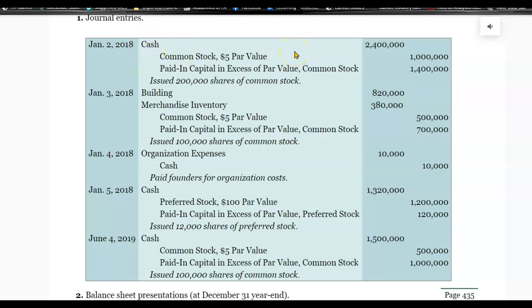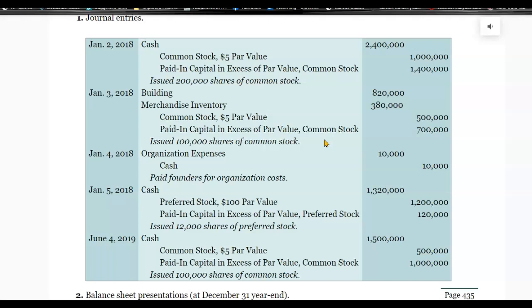Now the second transaction, again, involved common stock, but this time instead of receiving cash, we received some assets, other assets besides cash. So in here, we're going to debit the building. We have a building account in our capital assets, and so we record the building at its fair value of $820,000. Then we record the merchandise inventory, which again is a current asset, and we debit that account